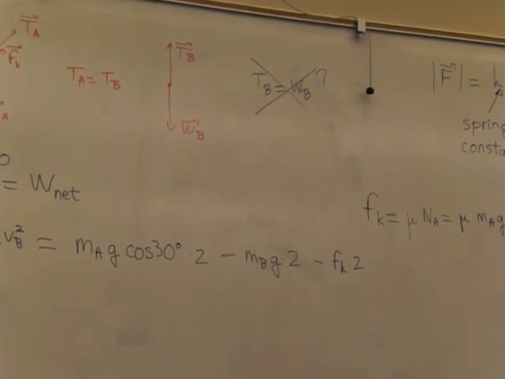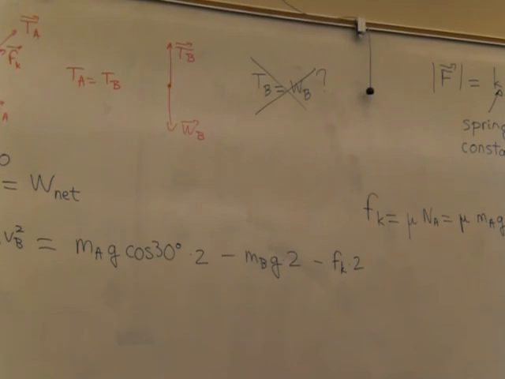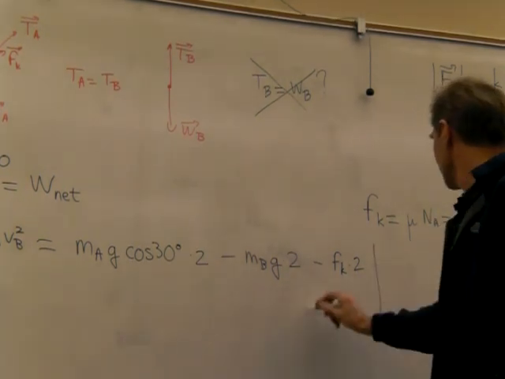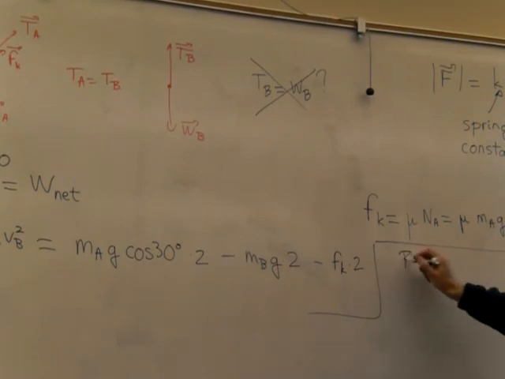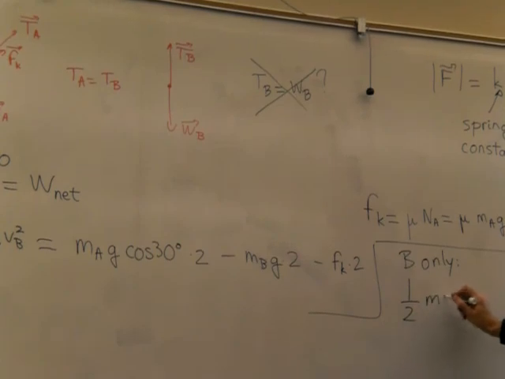But is it necessary to do all of this? Is there a way to find the tension directly? You can use work. Instead of taking the component of work from weight, you can take A as an isolated system and then factor in the work done by the tension, which would be the work of tension times 2 meters. Right. You could even take B only, because it's the same tension and B doesn't have as many forces. You see, if you do it for B only, you will get 1/2 mB vB squared